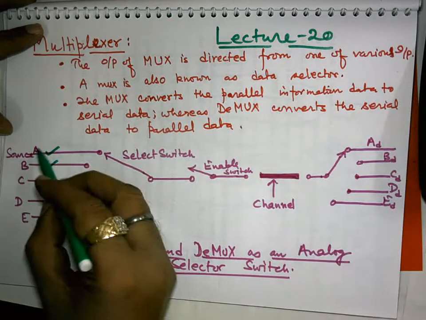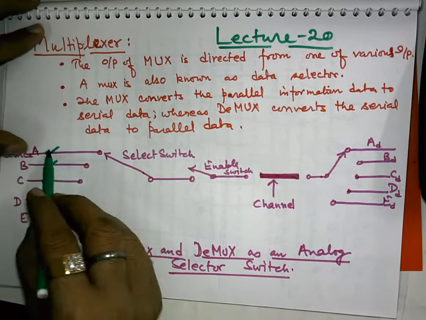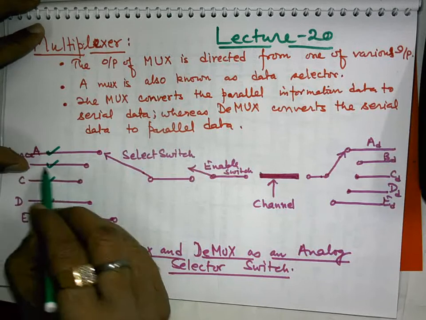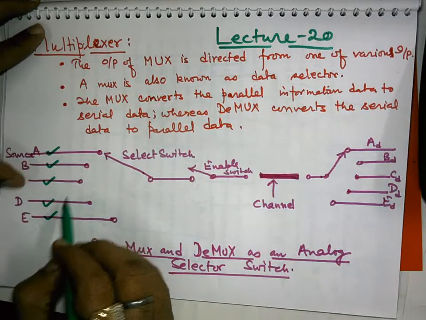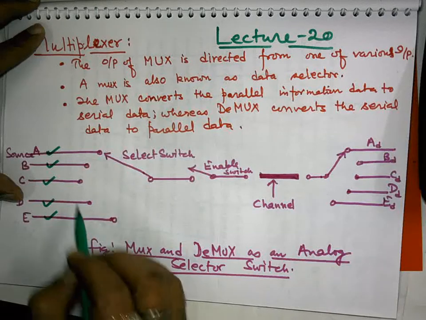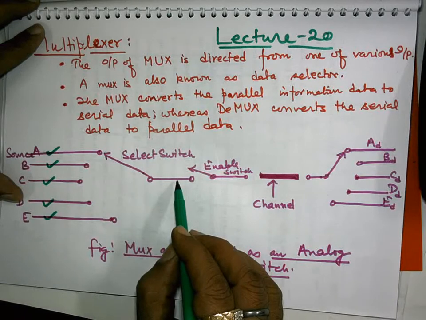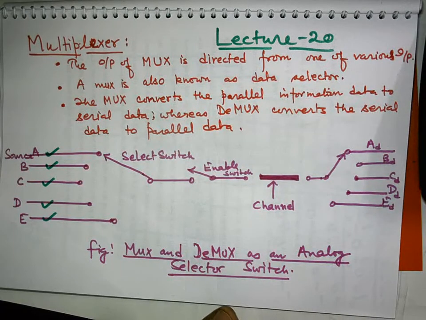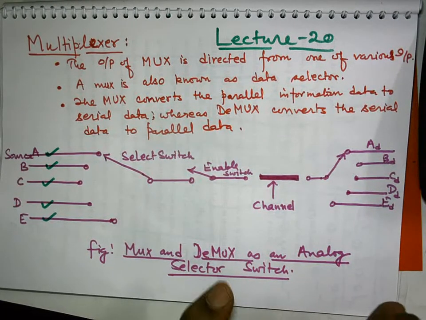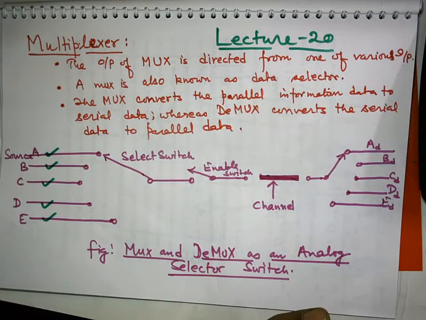This way it can also be regarded as a data selector. Many data are coming on line A, another data is coming at line B, another at lines C, D and E. You can select any of these lines and apply it to your channel. This is the way you select your channel on your television also. Channel in that sense in your television makes a different sense, and channel here makes a different sense.